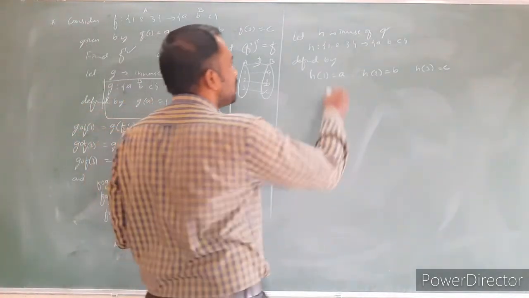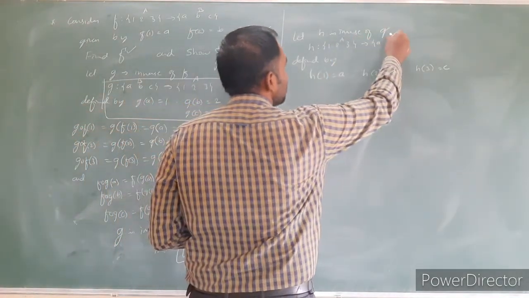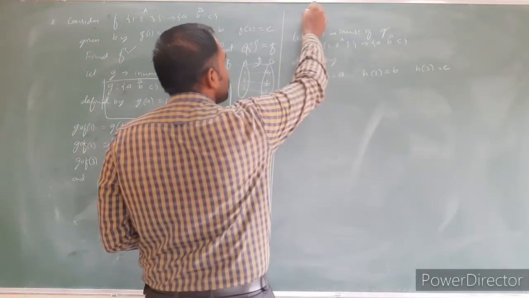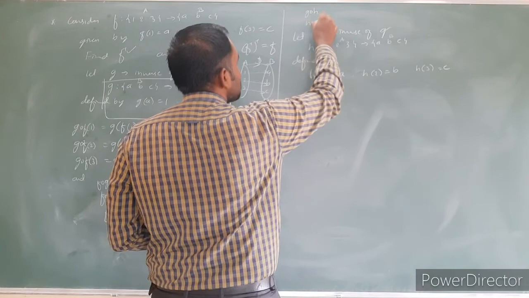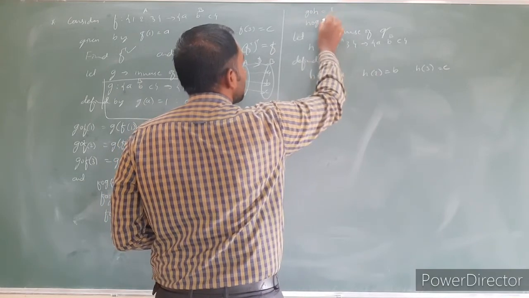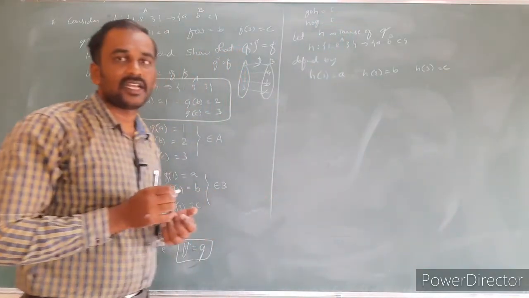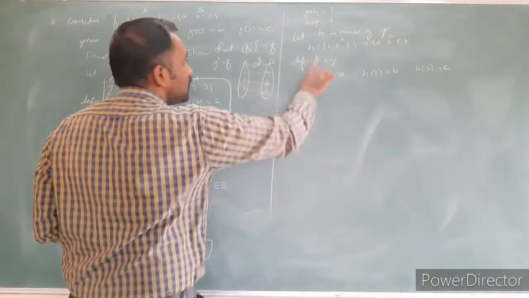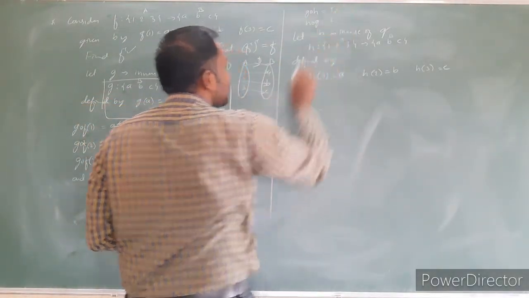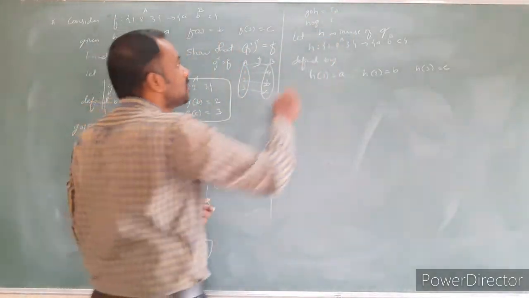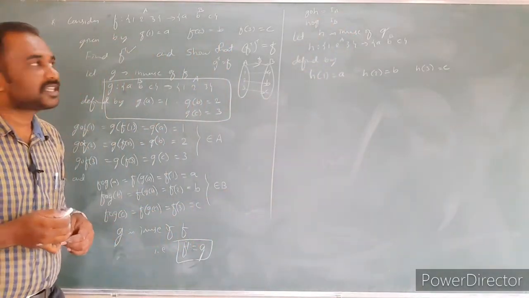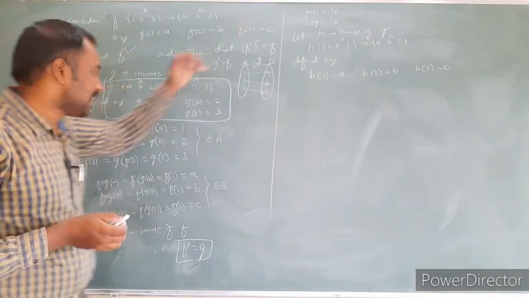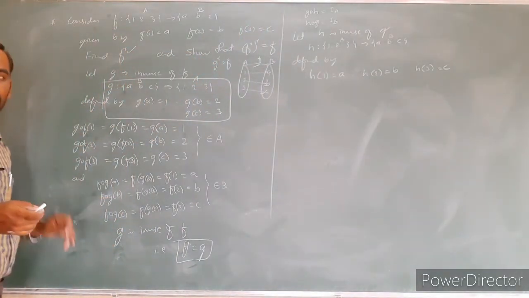Now again the condition should be satisfied. What is the condition? Here it becomes set A, here it becomes set B. So G circle H and H circle G will be the identity element. This one is the identity element from the set A, and here this is the identity element from the set B. Check the composition as in the previous case. Here we just solve it.